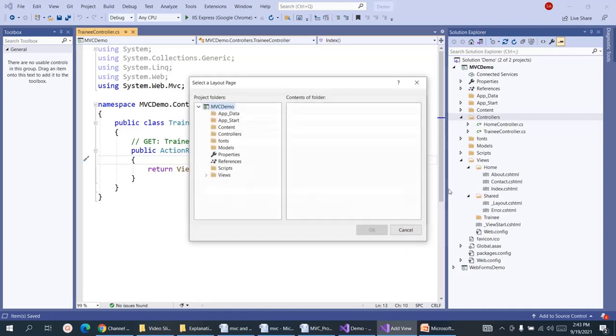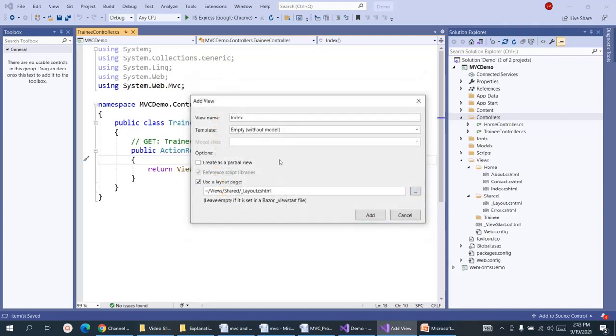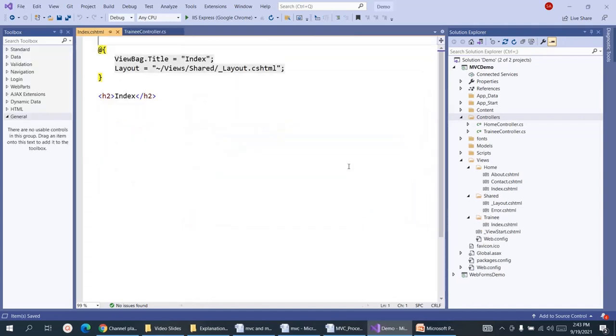Select the layout page, which is available inside the Shared folder, _Layout.cshtml. Add the view. In this view, just write the code: Welcome to index view of.